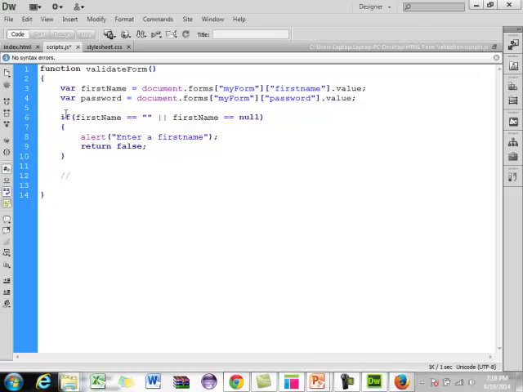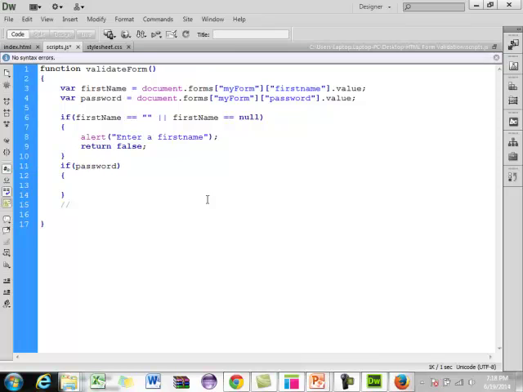We're going to use a built-in JavaScript function that will return the length of our string. Okay? So we're going to use our if statement again. We're going to create our brackets and our curly braces. Okay? And inside here, we're going to say if